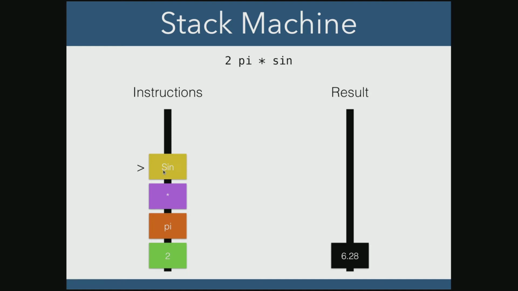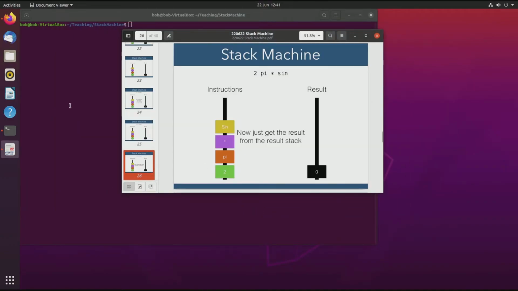The sine function takes only a single value and pushes the result onto the stack. Well, sine of 2 pi is 0, so it will pull off this 6.28, take the sine of it, get back 0, push that on, and then to get the result of that calculation, I just look at whatever's left on this result stack. I have done maths myself in terms of this set of instructions. And these are not CPU instructions, these are instructions to my program. So at this point, I shall break away from that,